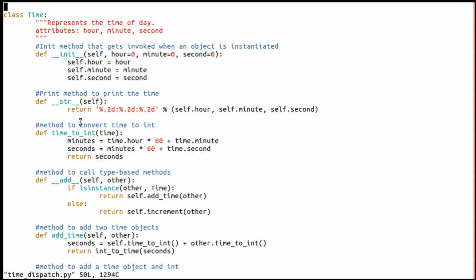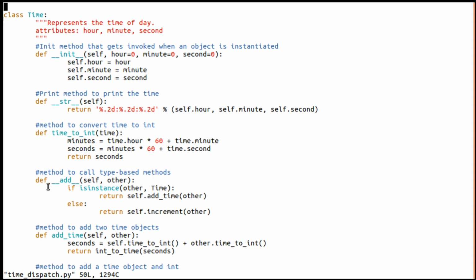This is a method which converts time to int; see here, define time_to_int. And this is a method to call type-based methods, that is, based on the type it will call either the add method or the increment method.